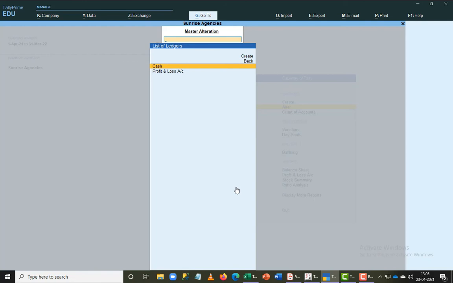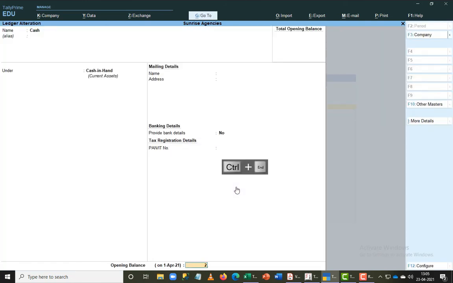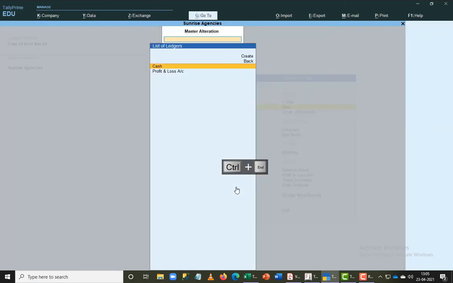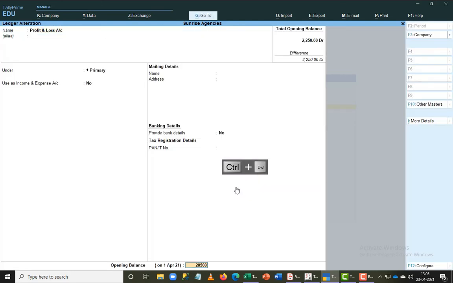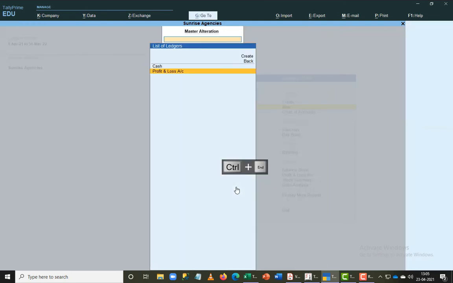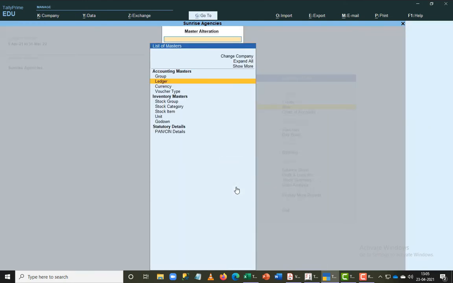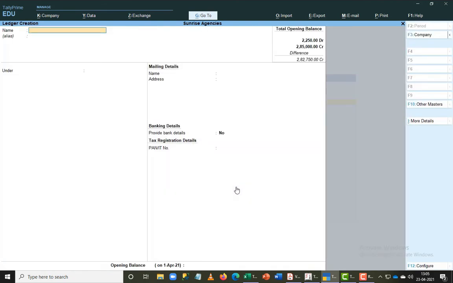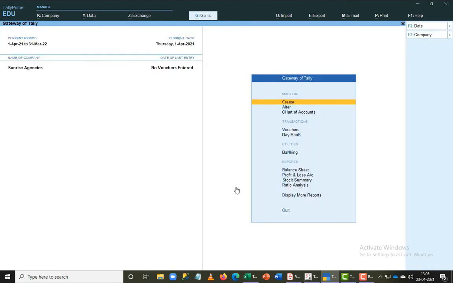So when I go down to the alter option, I can just choose the cash point here, and I can add a value here. And when I go back to this list, I can add the values here, whatever groups I've added there. If I want to create, I can either create it from here, or I can just come back to the create menu and start creating them. So I'll say Swami's capital here, put it under capital, and then come to the last line and add the values here. So it's typically the same pattern that we work in our list. It's not going to change much.